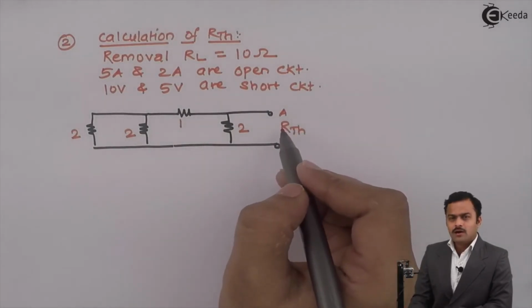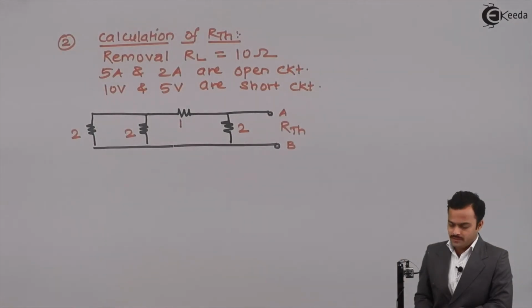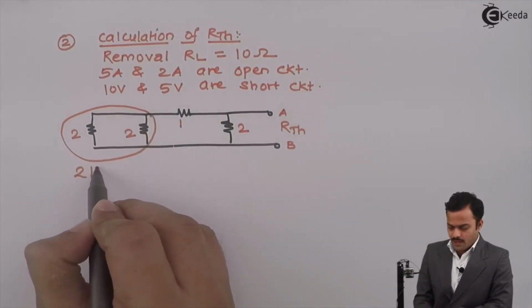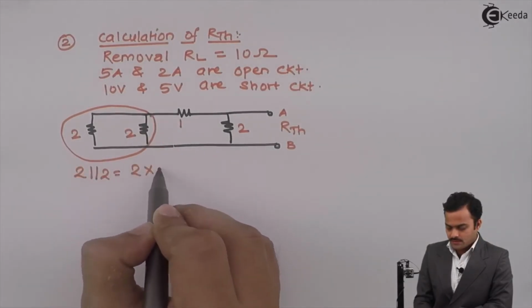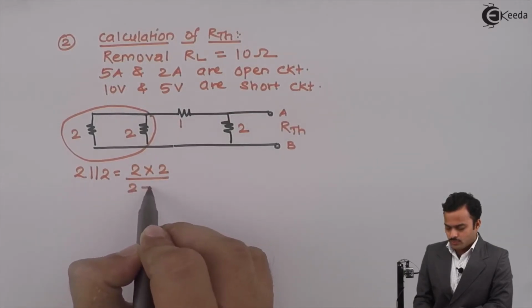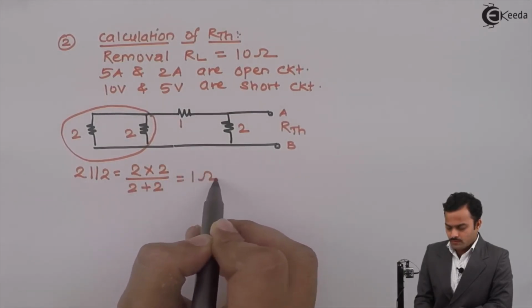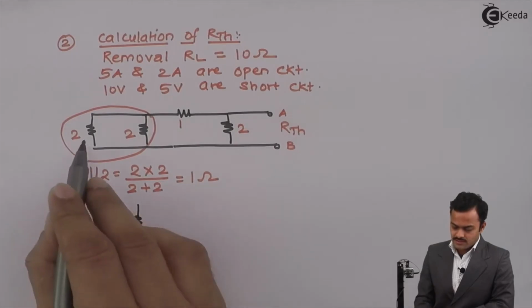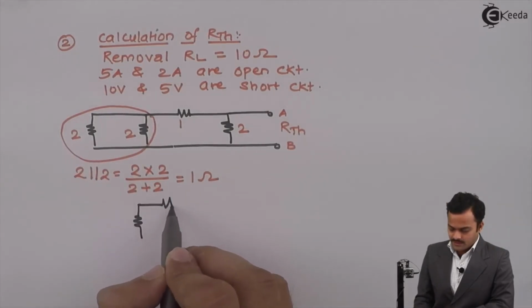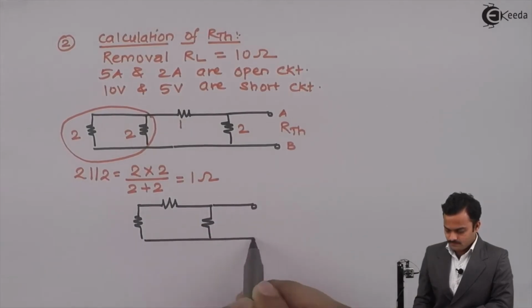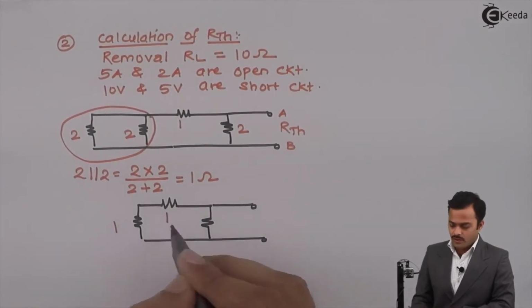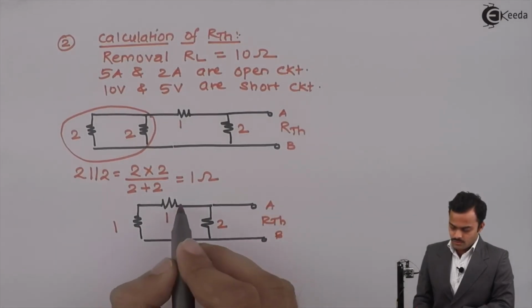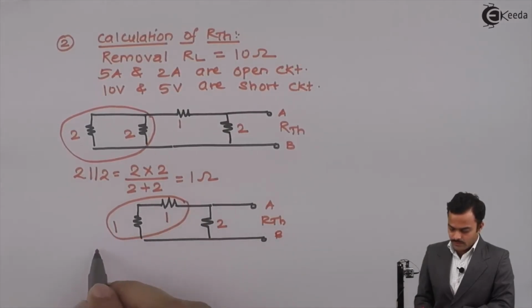Now I need to find out the RTH by using series parallel combinations. So I will start from here. 2 comes in parallel with 2, giving an answer 2 multiplied by 2 divided by 2 plus 2, which is equal to 1 ohm. So if I reduce these two resistances into 1 ohm, I will get a circuit like this. 1 ohm comes in series with 1 ohm, 2 ohm as it is. So equivalent of these two will be 1 plus 1,